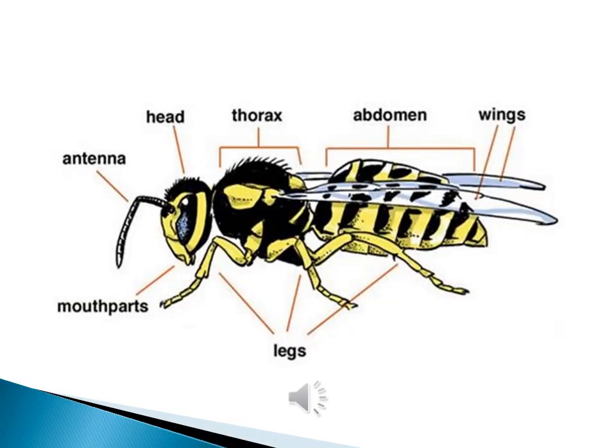Look at this picture of an insect which shows you the characteristics of an insect. In this you can see that the body of this insect is divided into 3 parts: head, thorax and abdomen. You can see a pair of antennae present on the head part, also 2 pairs of wings, and you can also see 3 pairs of legs. So these are all characteristics of an insect.